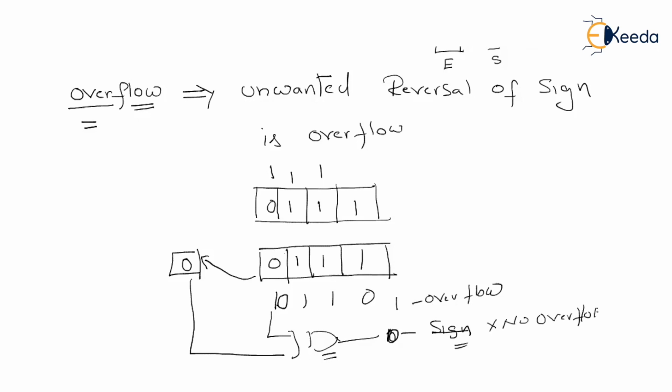Okay. Now, let me tell you, overflow is not the additional digit. Of course, it is quite common that the resultant value may exceed the size of the register. In order to accommodate the carry, we have got an extended bit. If a value is transferred to the extended bit, it is just called a carry. We are simply in a situation called carry, but not an overflow. It is called an overflow when the sign digit is reversed.